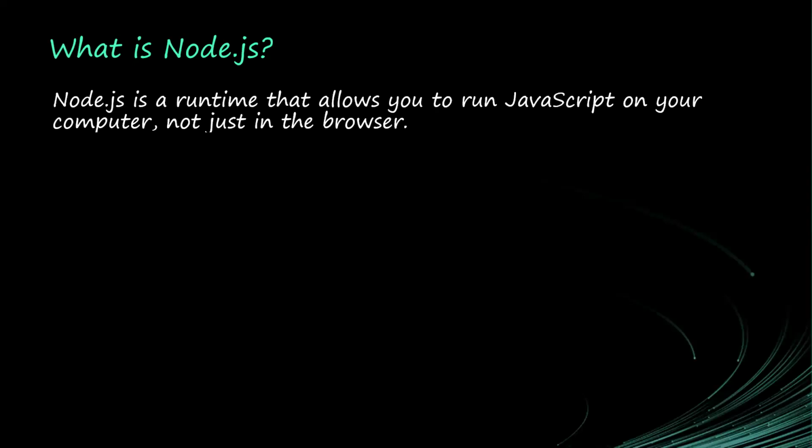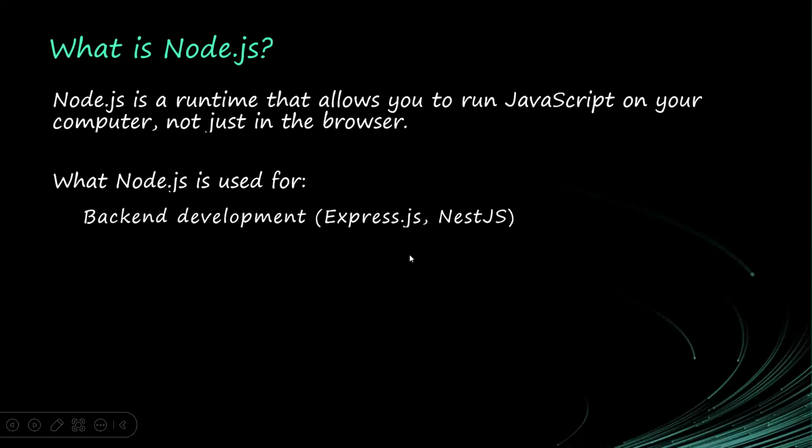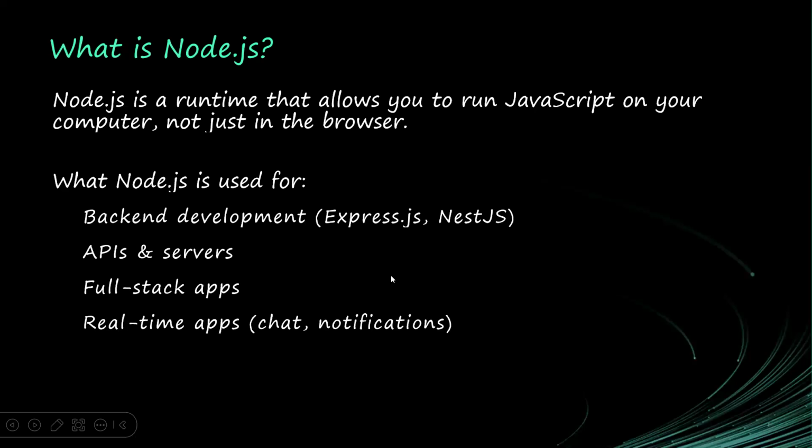So we have an engine in the browser for JavaScript, but that will not be enough because JavaScript is now used to create mobile applications, backend applications and stuff like that. So we now need Node.js. Node.js is software that runs JavaScript outside of the browser. Node.js is used for backend development, Express.js and Next.js, for APIs and servers, for full stack applications, real-time applications,